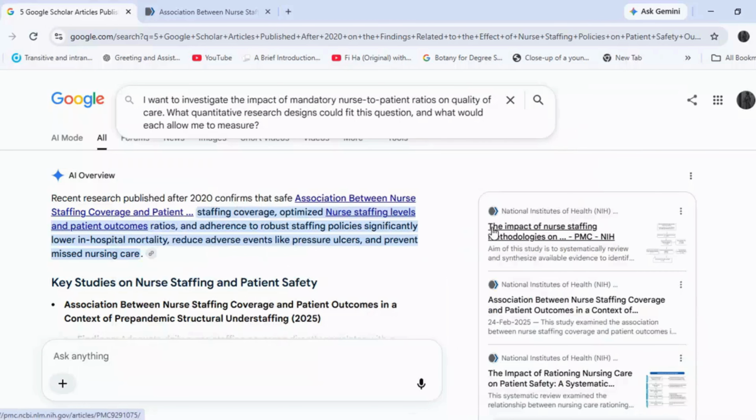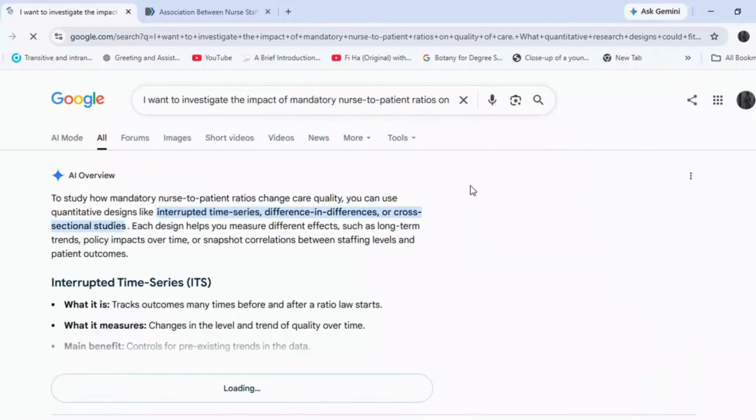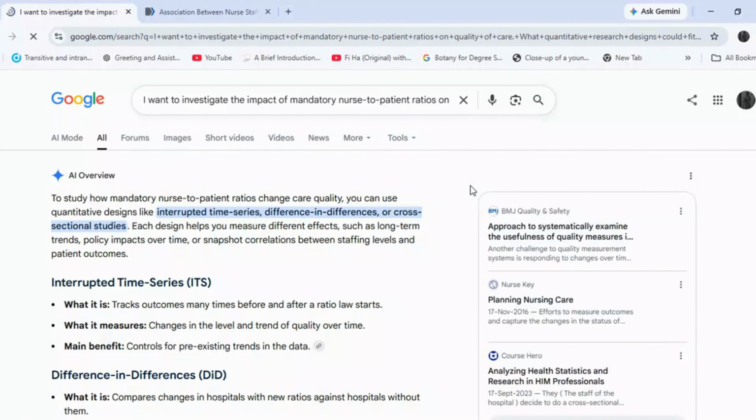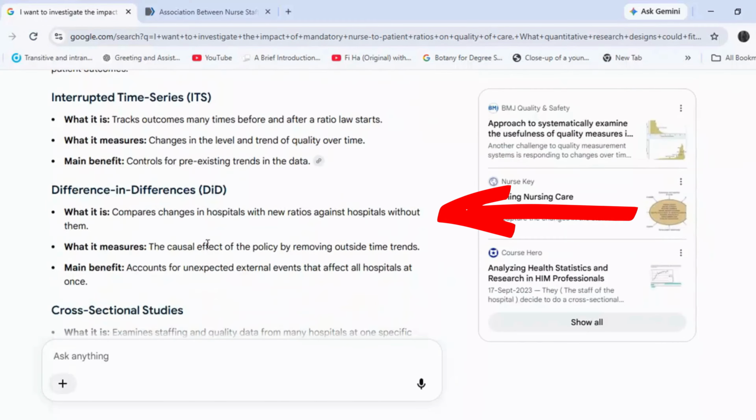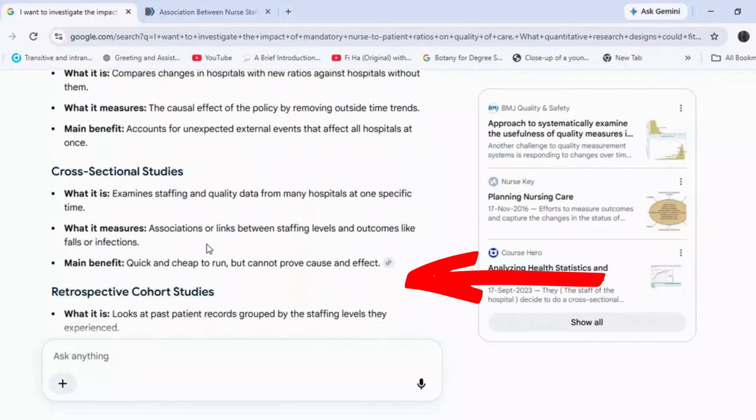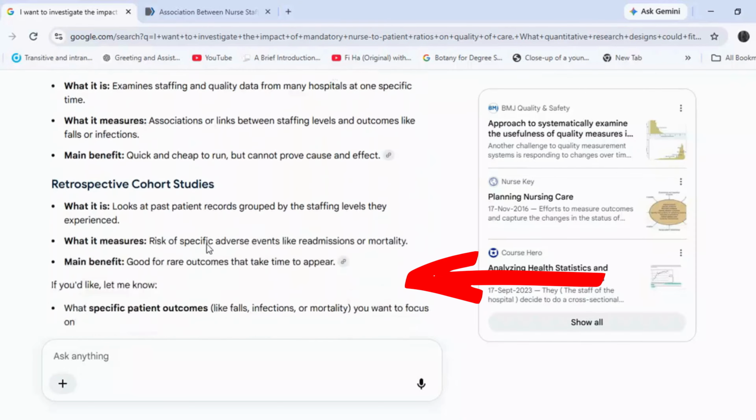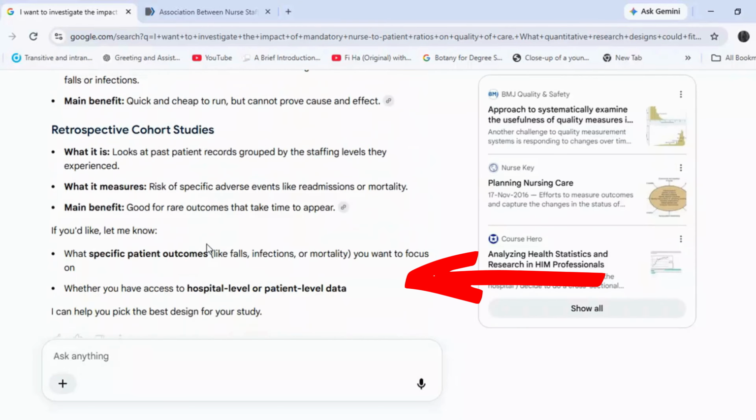I searched about the impact of mandatory nurse-to-patient ratios on quality of care and asked what quantitative research designs fit this question. AI Mode gives several options, including interrupted time series, difference in differences, cross-sectional, and retrospective cohort designs, and explains what each design measures and how it fits the research question. It also provides follow-up questions about the specific patient outcomes and the type of data available, which helps narrow down